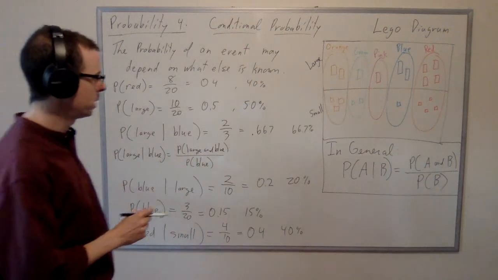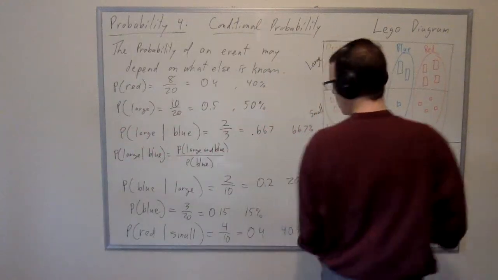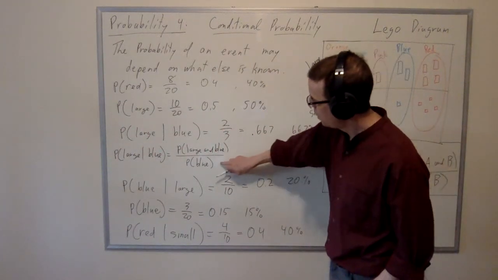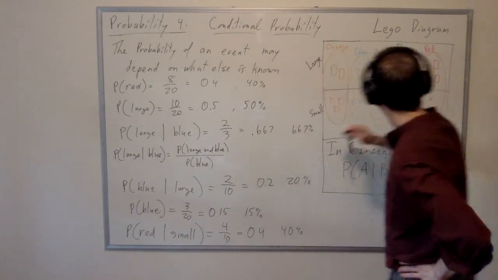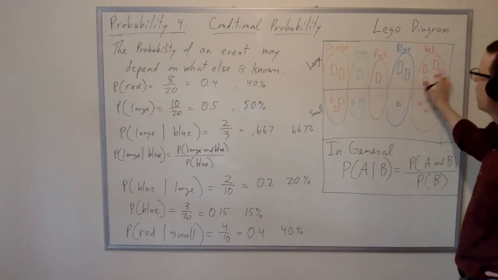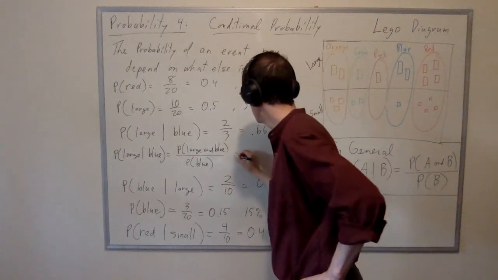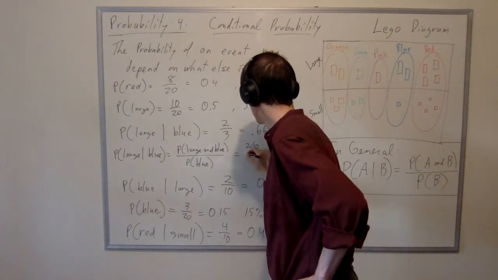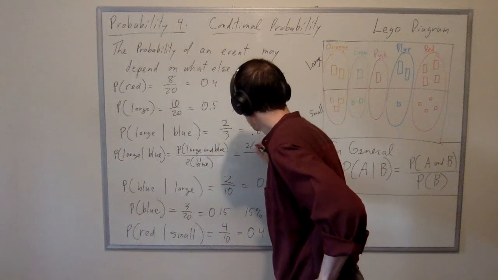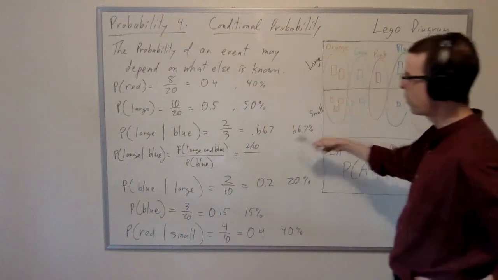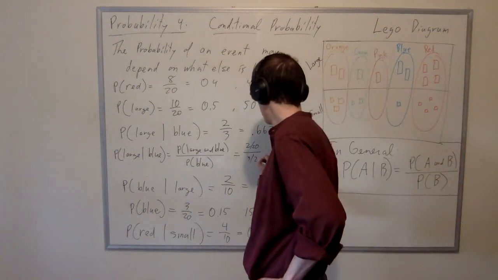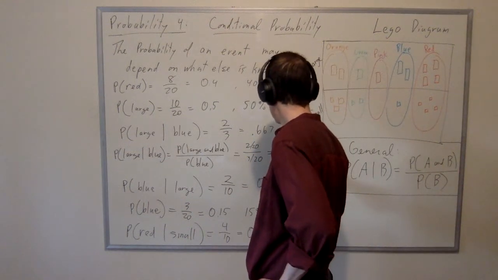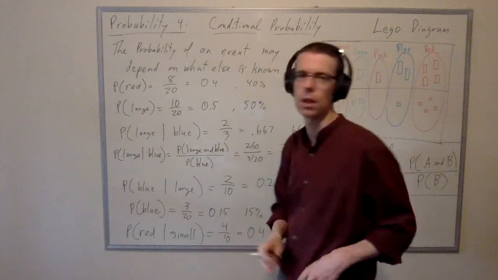Now, what's the probability that a Lego is large and blue? Notice that both of these are just absolute compared to the whole. Large and blue, there are 2 of them out of 20. So this will be 2 out of 20. And this is the probability of being blue. What's the probability of being blue? That's 3 out of 20. And of course the 20s cancel and we get 2/3, and that's the same thing that we had